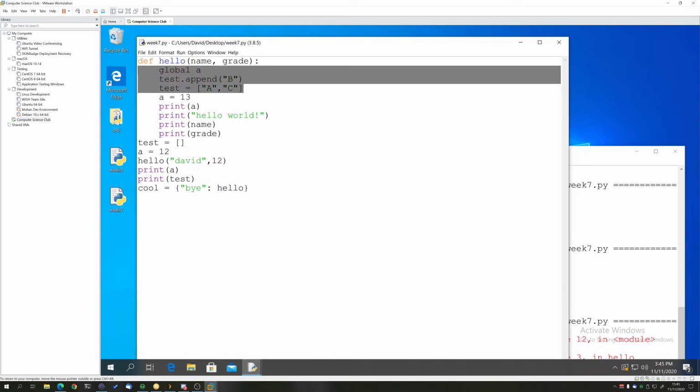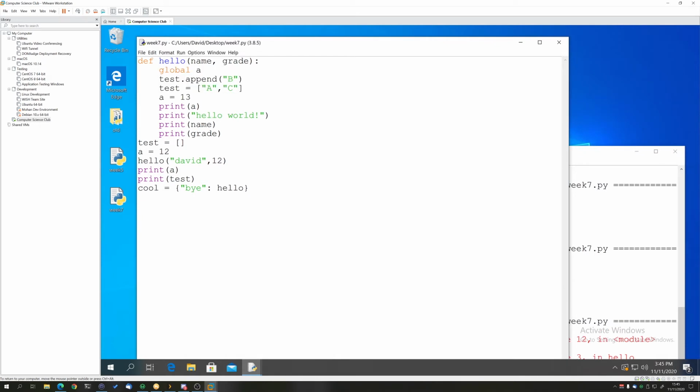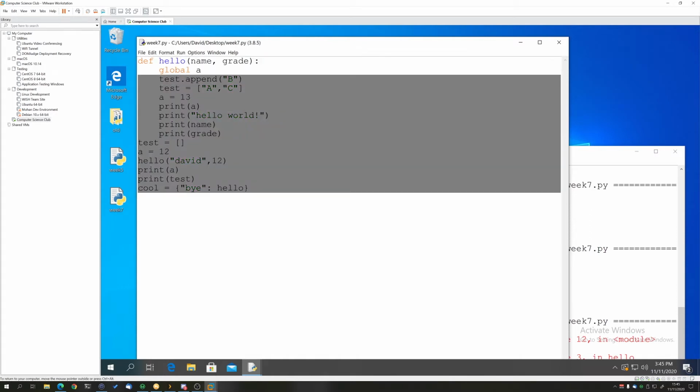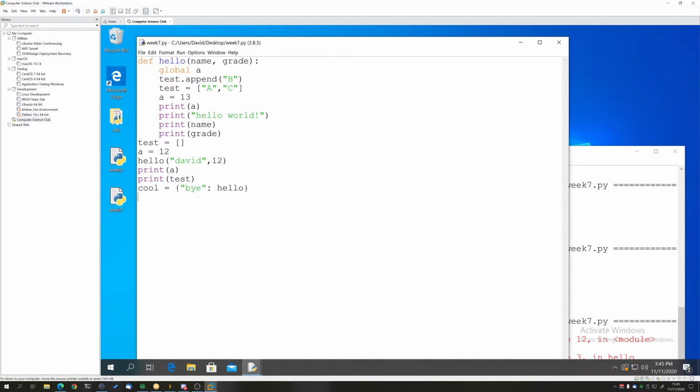But generally you don't want to do this, because this causes your function to not be very repeatable. Not in regards to your program here, but in regards to being able to copy and paste it directly into other programs. One of the biggest things that we want with functions is that we want them to be quite modular, so that we can literally just copy and paste them from any other program and they'll be working. Obviously, we can't do that for every single type of function that we ever write.